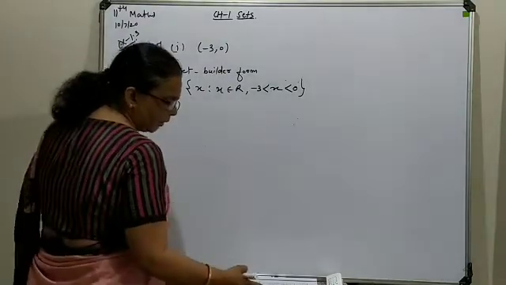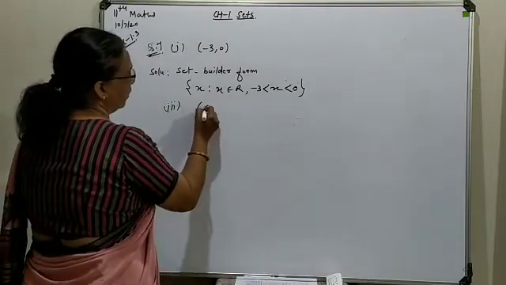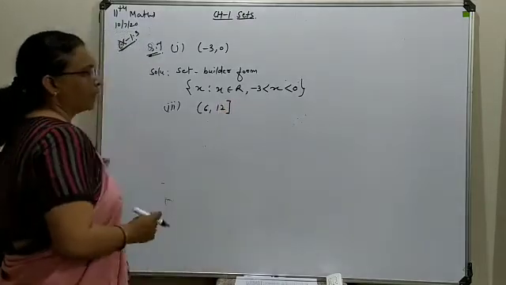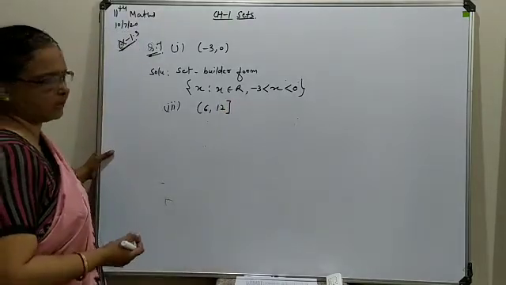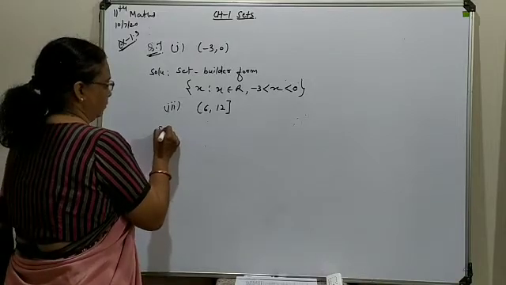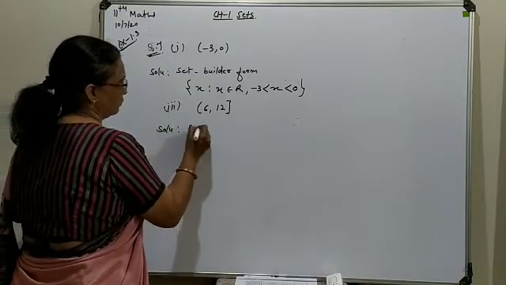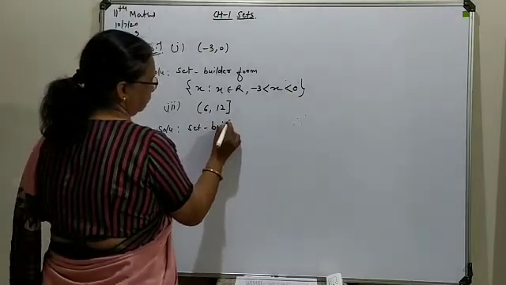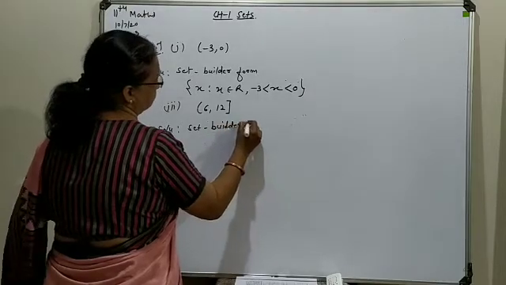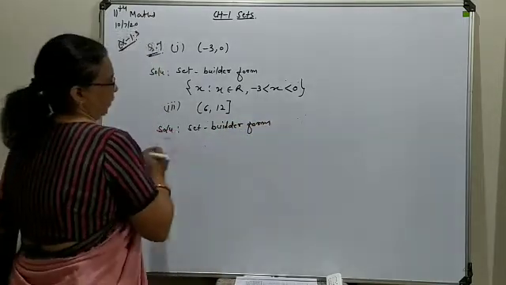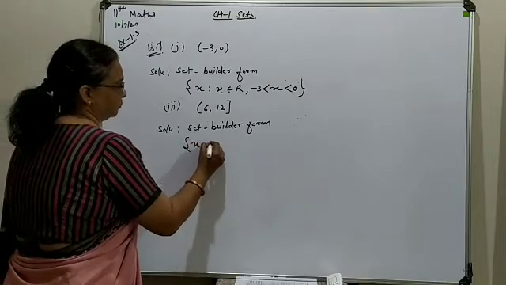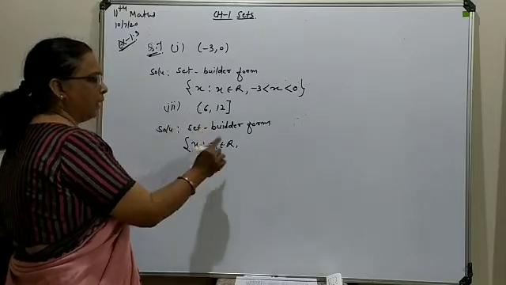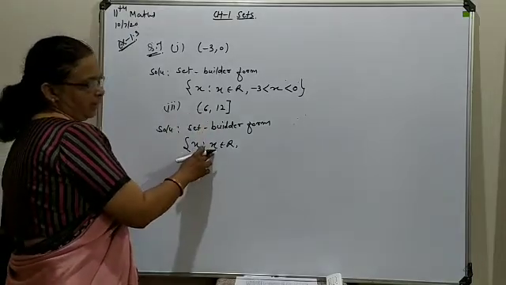In the third part, your interval is given as open at 6 and closed at the second element. So just write it down in set builder form. So this will be X, where X belongs to R. It doesn't matter that plus or minus are included here. In general, we will write regarding the X limitation.